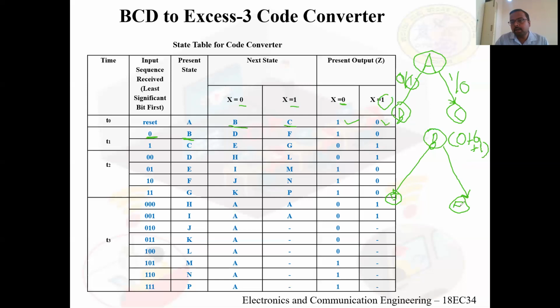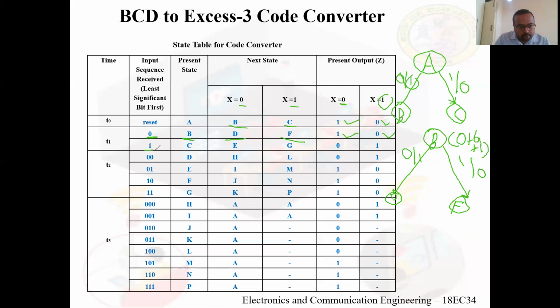And how we gave the designations for different states. Right? So now, when it is 0 here, the output will be 1. When it is 1, the output will be 0. So we have 1 and 0. And which is the next state? When x is 0, it is D. When x is 1, it is equal to